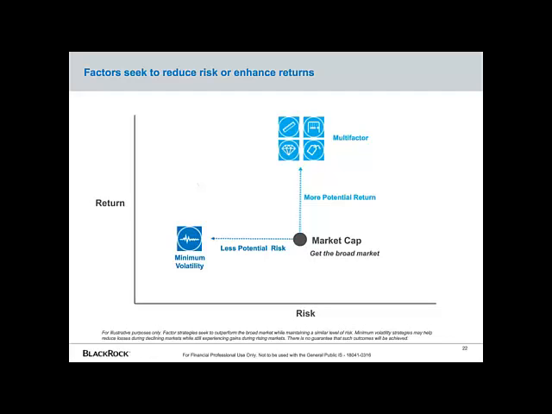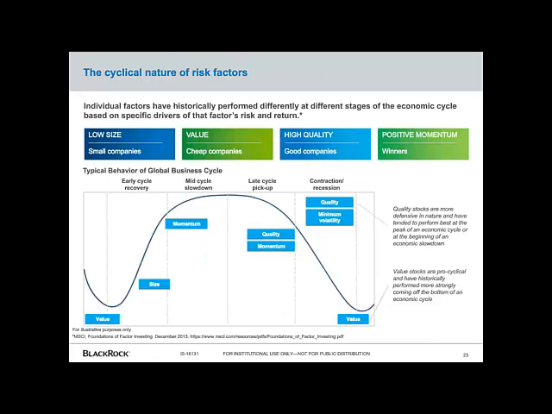Let me dig a little bit deeper into why it's important to have diversification in factor exposures within a portfolio. What you can see on this page is an illustration of the economic cycle. Factors perform differently around the economic cycle. In the early stages of an economic upswing, I think of this as the boomerang effect, where pro-cyclical, higher beta investments like value and small cap will tend to outperform. They're capturing that economic uplift in performance more effectively than the other factors.